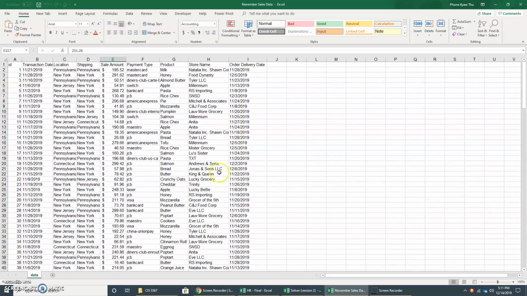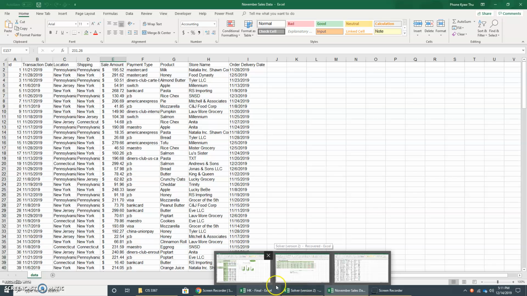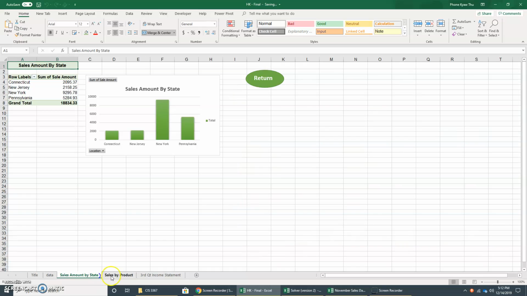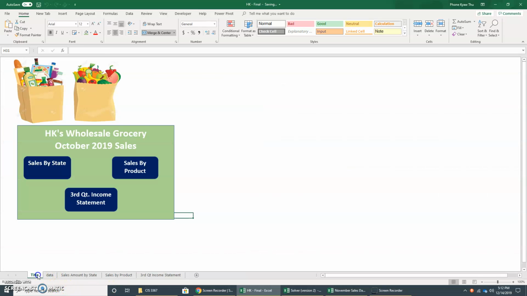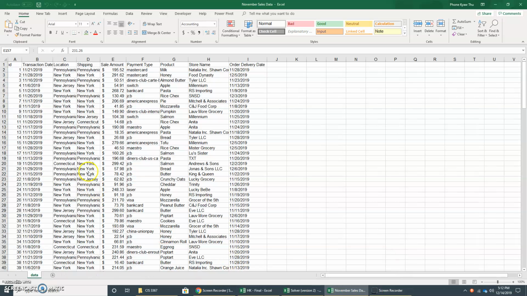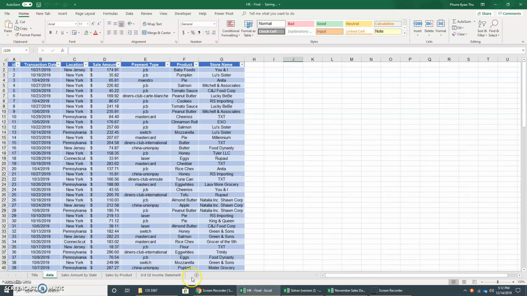So the sales data sent from the sales team is raw. It took me about a good 15 minutes to half hour to change the data to look like these. And now we're going to use Visual Basic to recreate that. So we're going to go to our November sales data. I already have